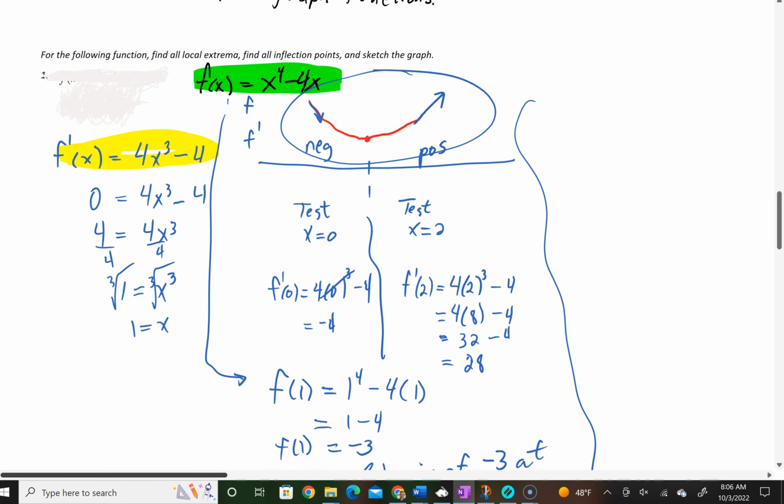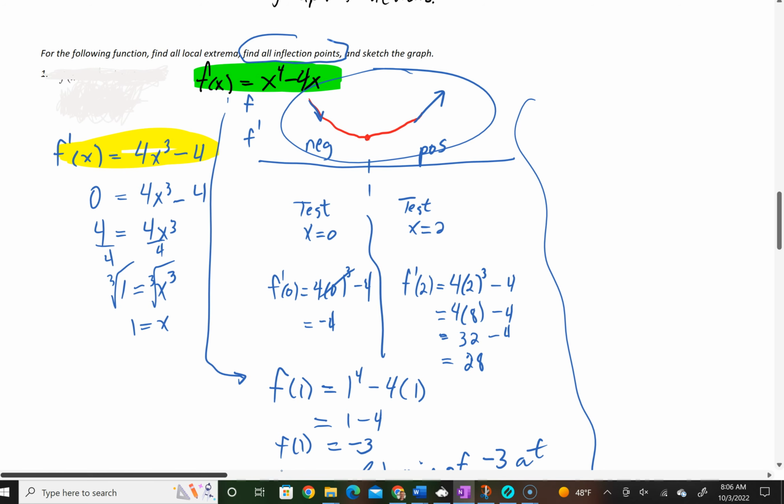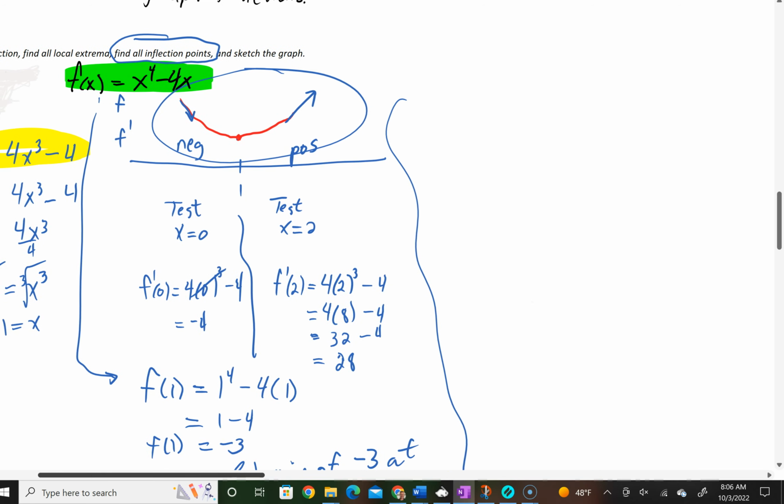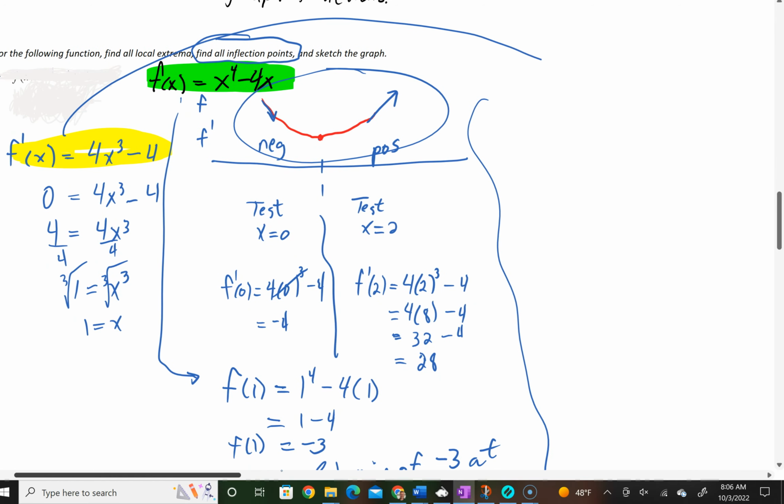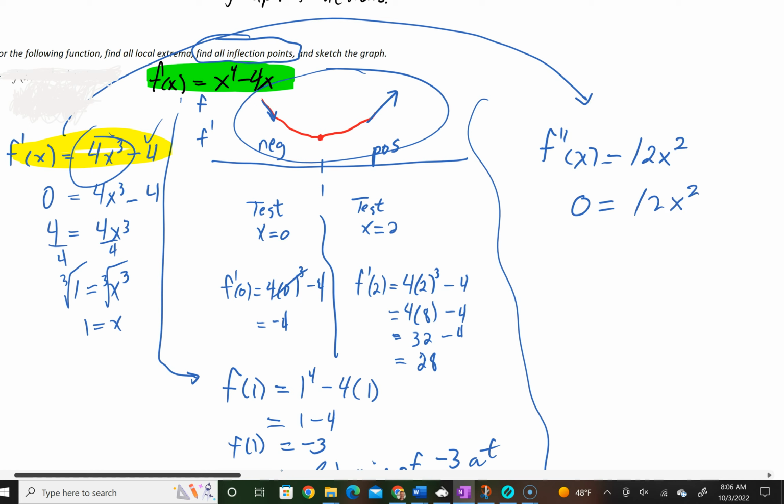But we are asked to find inflection points. And it would be good to do some work right now. See, we already had our f prime. Let's find f double prime. F double prime, well, taking a derivative of 4x to the third, that's just going to become 12x squared. And then we're going to set that equal to 0. Yeah, obviously the derivative of that negative 4 is just a 0. I can divide by 12,